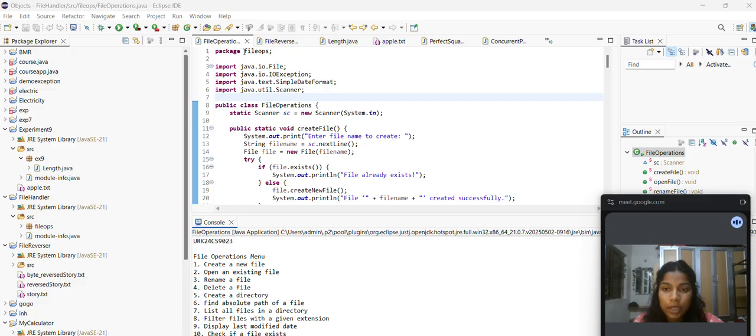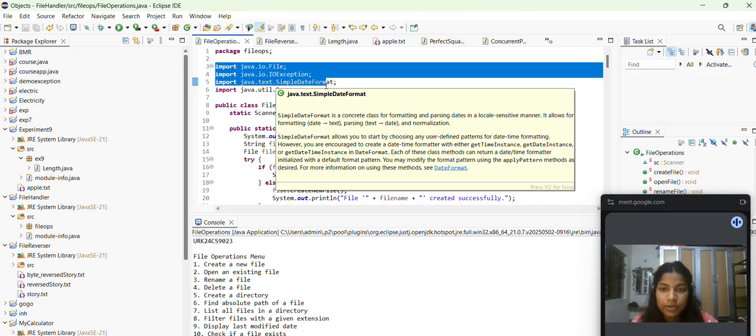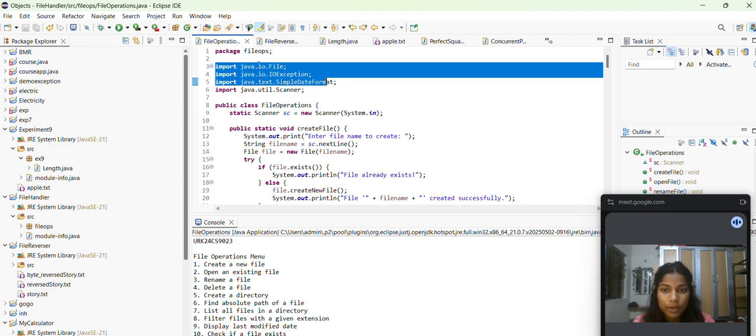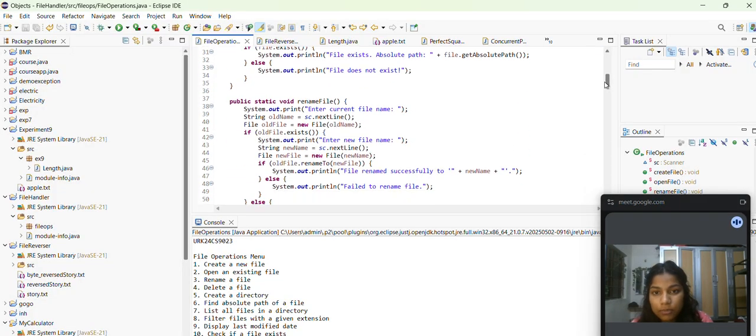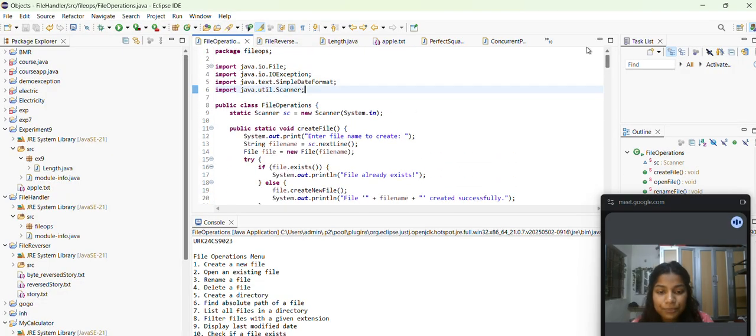The program belongs to the package called fileoops. It imports these libraries. java.io.File is for file handling, SimpleDateFormat is to display the last modified date, and Scanner is to take the user input. The main method starts by first printing my register number,